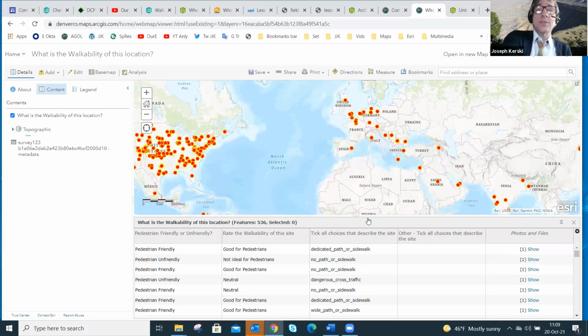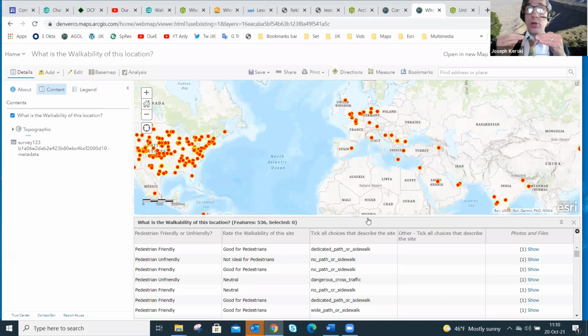Okay, so if I was creating this from scratch, if we were doing this from start to finish, if we had time in our workshop to do that, I would create the survey. I always populate it with 1 or 2 points to make sure they work. And then I create a map from the feature service. So you saw create a new map from the feature service. I create a new map. It's going to have 1 or 2 or however many test points you put in there. If you're doing a very scientific, rigorous study, you're going to need to take those points out. Note to self to take those test points out at some point.